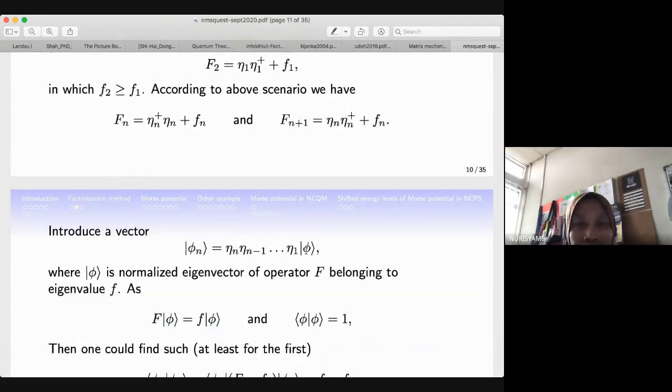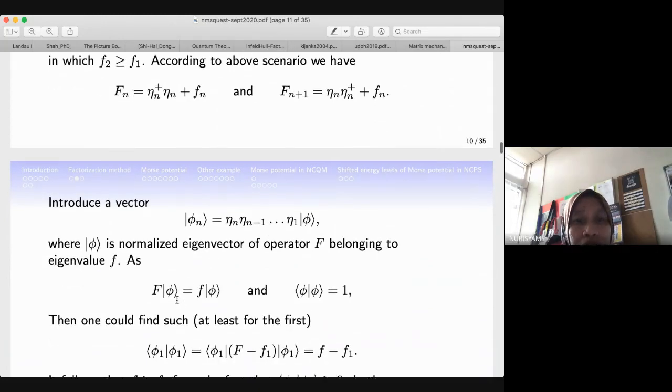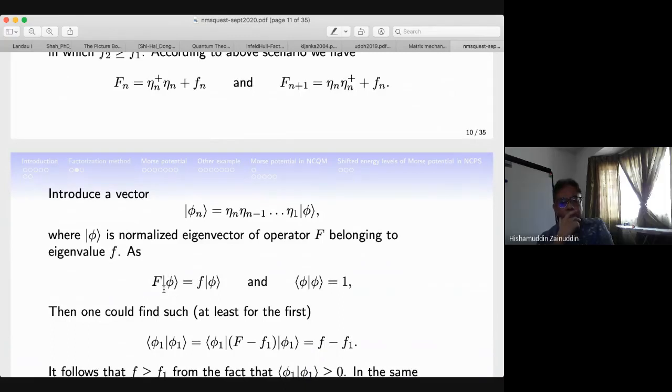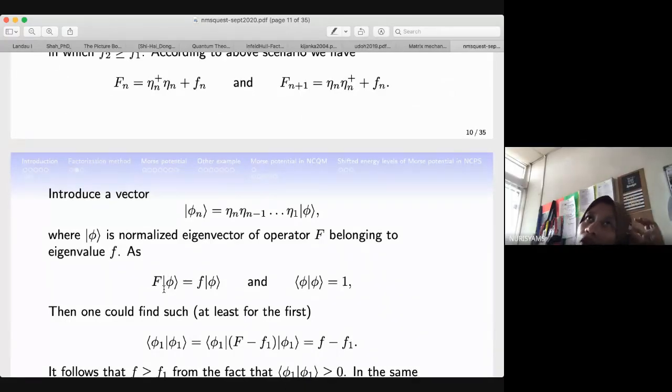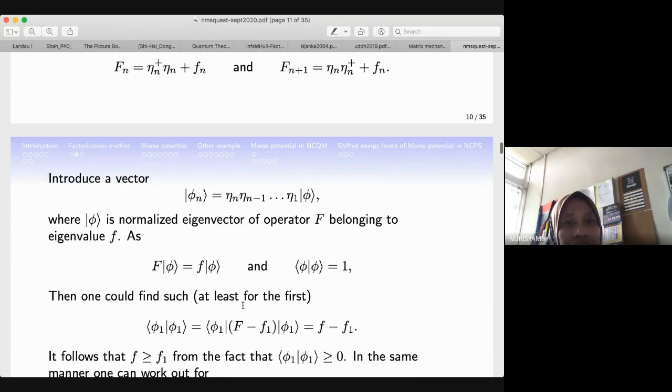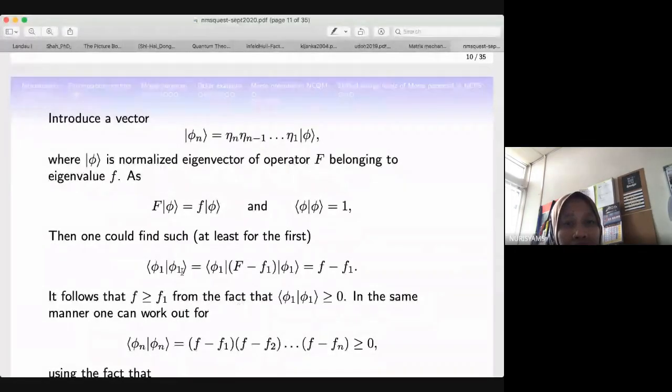Again, your phi is your normalized eigenvector of the operator F belonging to the eigenvalue F. So you can write your eigen equations like the following. Remember this is to solve eigenvalue problems, so this is definitely your eigenvalue equation. And again, it's normalized. Then you can rearrange such that, at least for the first term,